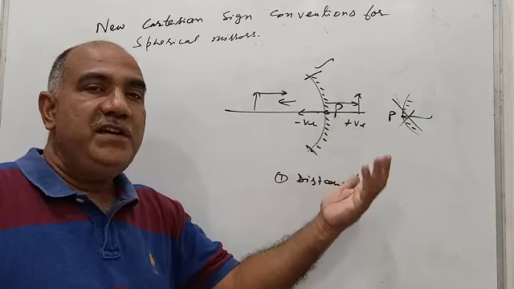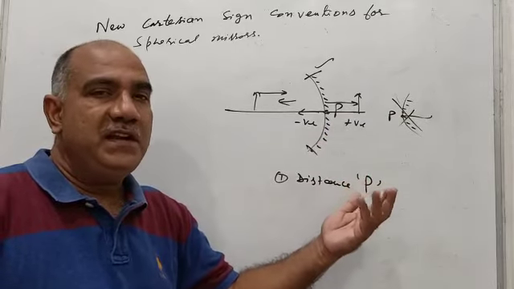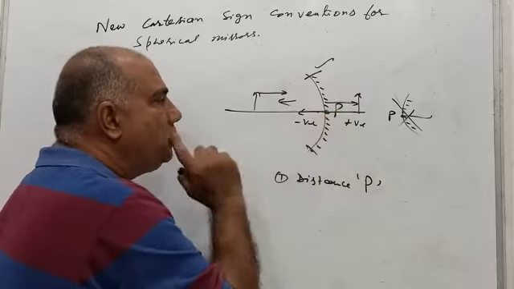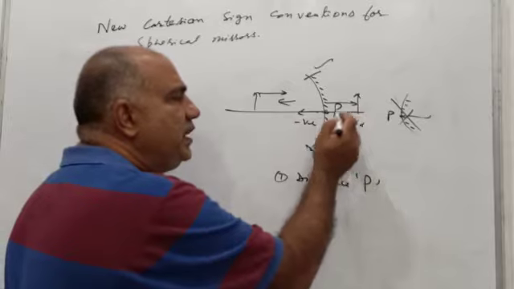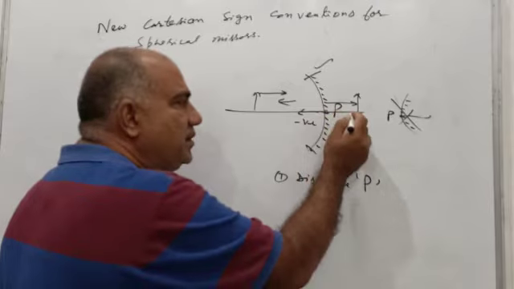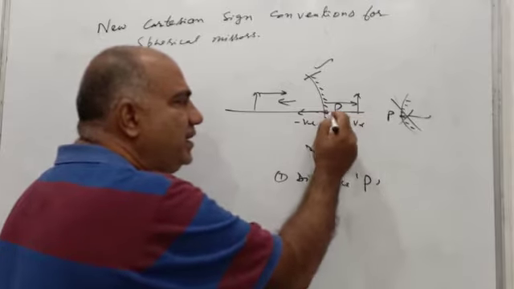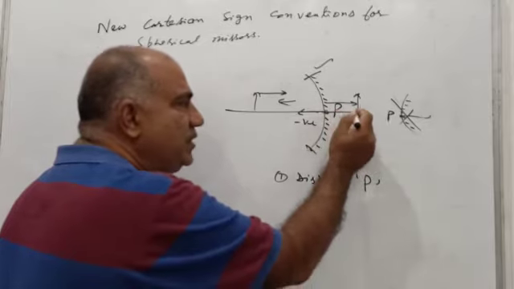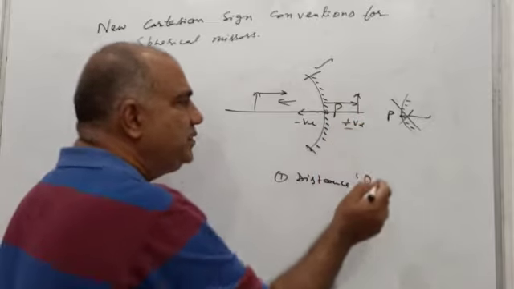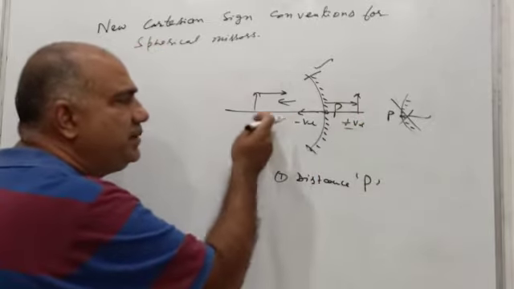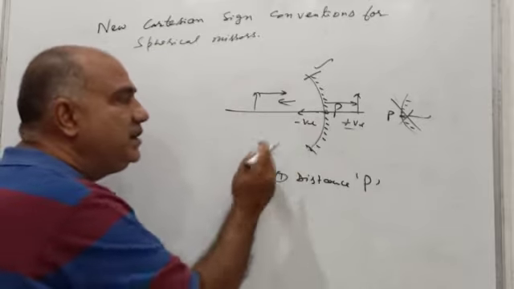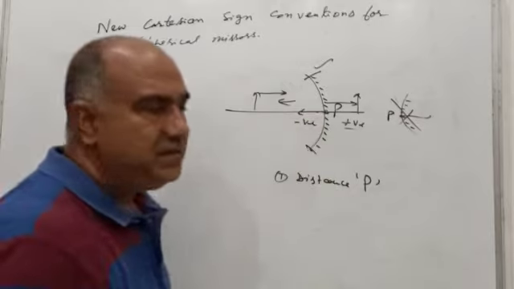And when we say a point is lying in a direction opposite to that of the incident ray, undoubtedly that will lie to the left side of the pole. So all the distances are to be measured from the pole, and the points whose distances are measured from the pole and are found to lie on the right side of the pole, also said to be lying in the direction of the incident ray, will have positive distances. And for the points lying to the left side of the pole, or in the direction opposite to that of the incident ray, all the distances will be negative.